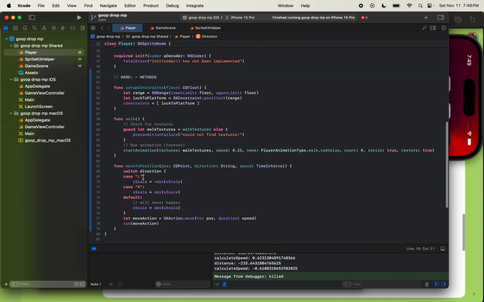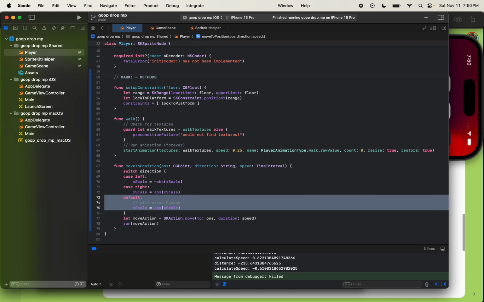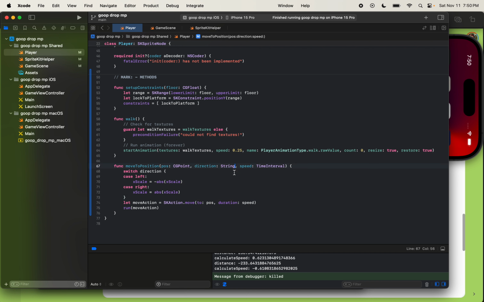It's also interesting that they don't go with raw value or anything, but we don't have to do that. So let's go left, right. Get rid of this. And we'll change this to